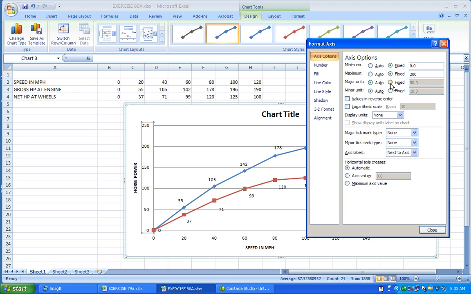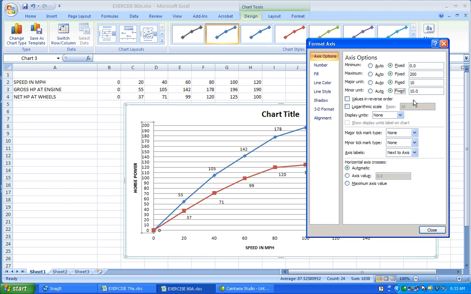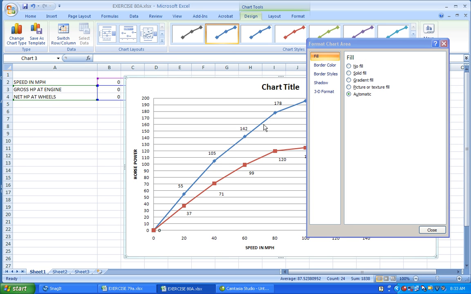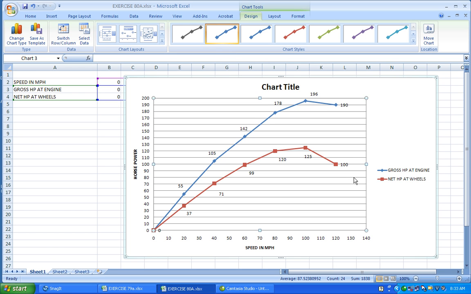100 horsepower, and we want these to be in 10 horsepower increments. So we can bring up the size of this chart. Same with this one. We may want to change this. This goes up to 140 miles per hour, but let's put it at 10 mile per hour increments. Again, we can change our